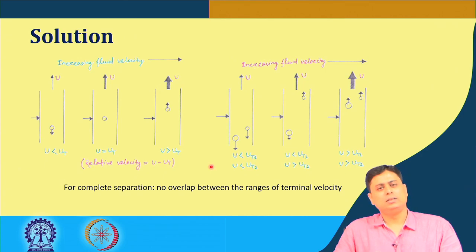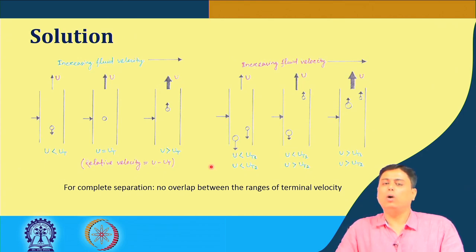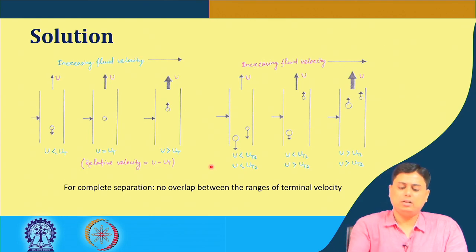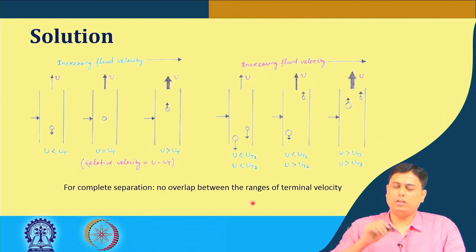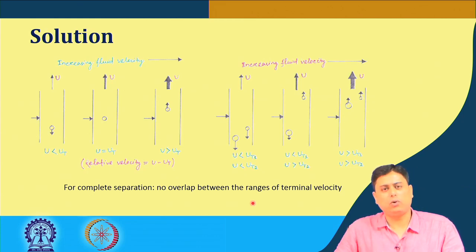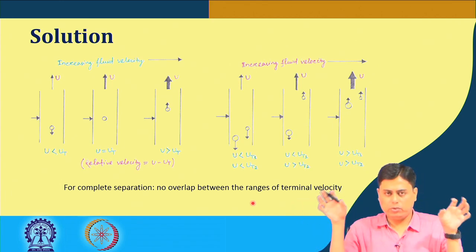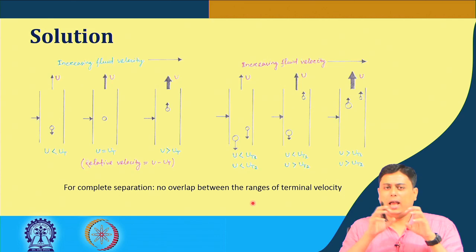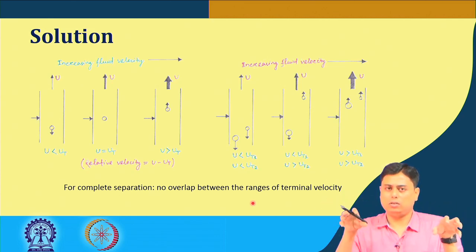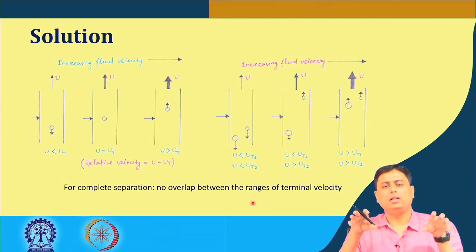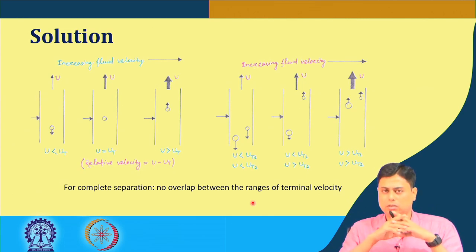If we can attain that, then it is possible to separate by water, and that means we have to calculate these uT values for these extremes, or the four conditions at least: the heavier material A for 15 micron and for 40 micron, and material B for 15 micron and 40 micron. We should check these uT values and check whether there is overlap or not. If there are overlaps, then complete separation is never possible. If there is no overlap, complete separation is possible. So that actually answers the first part.